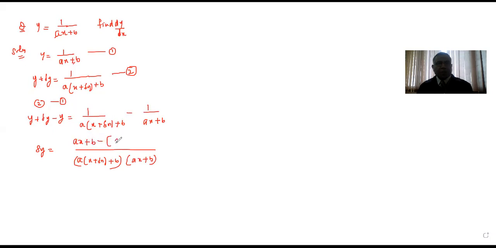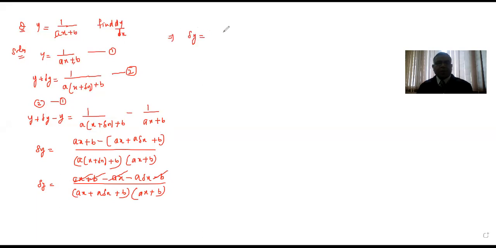upon a x plus delta x plus b into ax plus b, which is ax plus b minus ax minus a delta x minus b upon a x plus a delta x plus b into ax plus b. So ax goes with ax, b goes with b, which implies delta y is equal to minus a delta x over